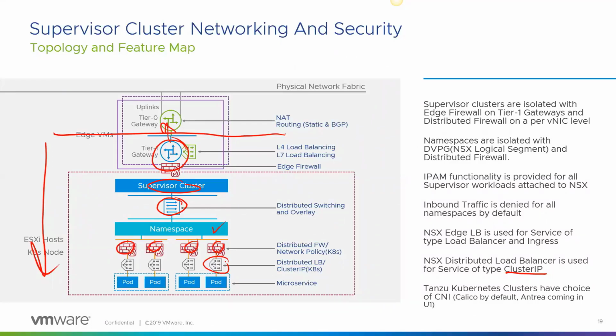So running right next to that pod in the kernel is a load balancer that will handle the load balancing internally for east-west. For instance, we hit the web front end, and the web front end needs to get to some application that's being run by a container. We don't want to go all the way out and handle load balancing. The load balancing happens right there. But at the point where traffic is coming into that web front end, that will be handled here on my T1. My T1 will provide the layer 4 and layer 7 load balancing and NATing.